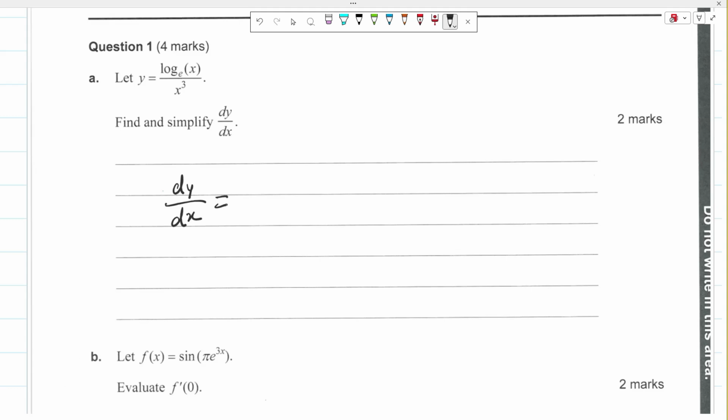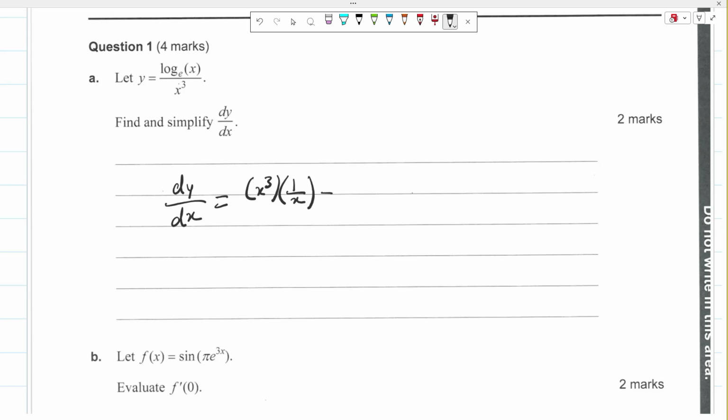Now, how do we find this derivative? We're going to do quotient rule because it's a function divided by another function. So the way the quotient rule goes is bottom function times the derivative of the top function. The top function in this case is log base e of x, and the derivative of log base e of x is 1 over x,